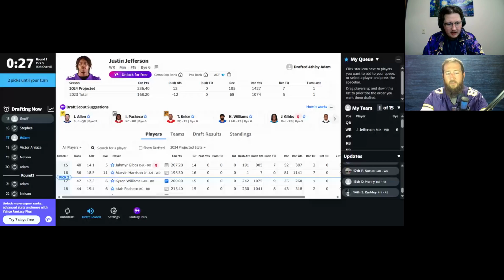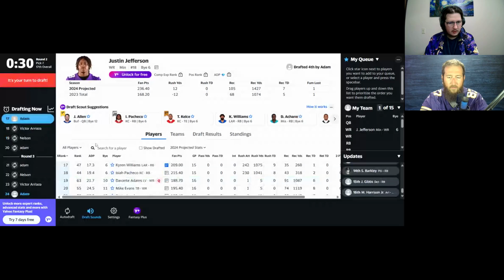Okay, so this is what I like about Yahoo. Yahoo will give you a line and it'll show you where your next pick is, like who they think would be. What am I gonna do here? All right, so like I said, ideally